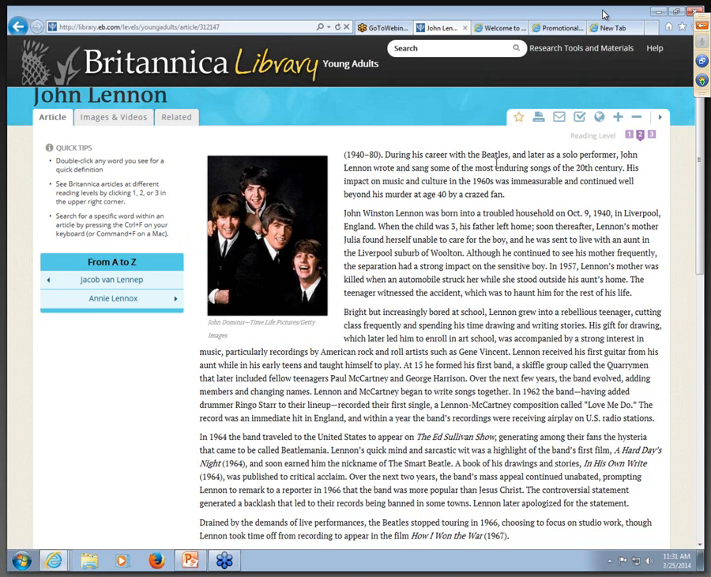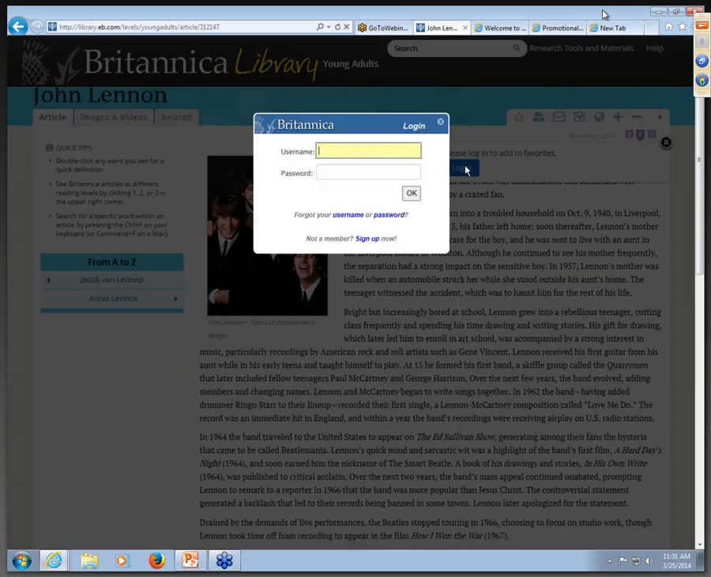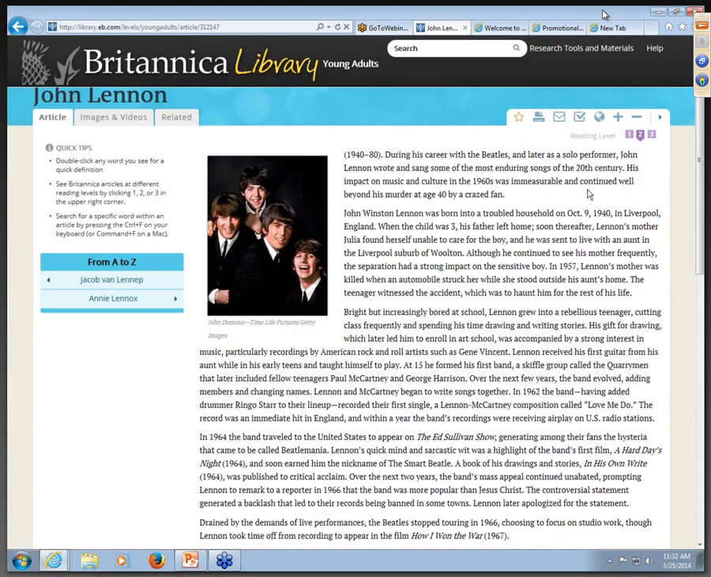But let's take a look at the My Favorites. So this star at the top, if I click on that, it will ask me to log in to add it to my content. If you haven't made a login, notice that it says sign up now, and you'll be asked for a username and a password. Now that I'm logged in, I can add this to my favorites,